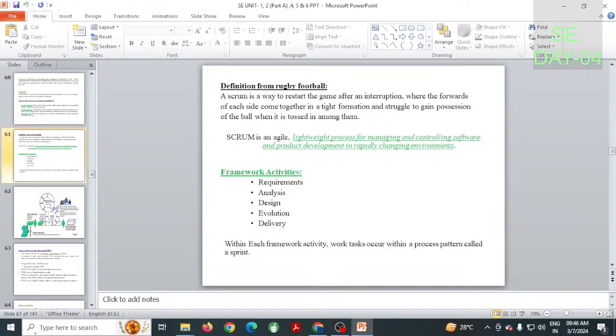One thing we should remember, we are discussing the Scrum process model. The nature of a Scrum is that it is a way to restart the game after an interruption,